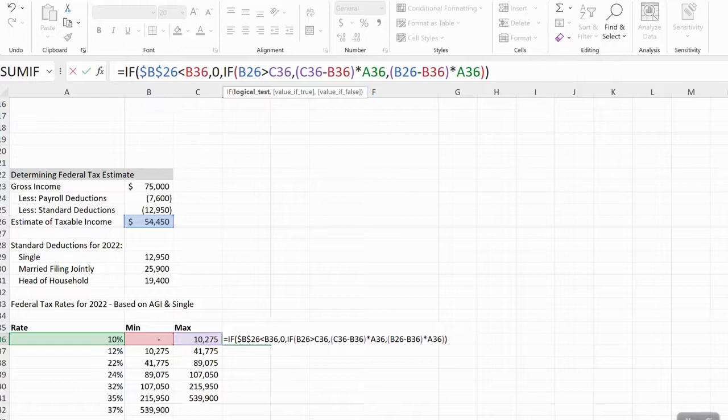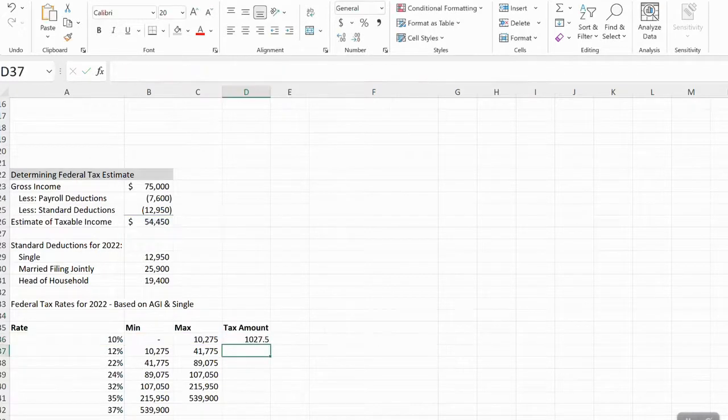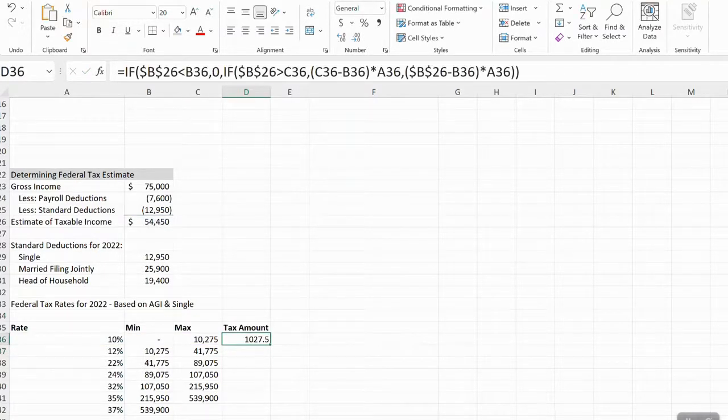Or if you want, you can use your FN F4, and by doing that, it will hold it to B26. If you're on an Apple, you should be able to do Command F4, and that will also make those static. So now what happens is, watch, we are going to copy down our formula. You can either drag it down or Control C, Control V, and we should get another difference for our next layer,